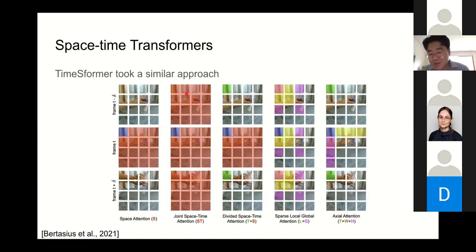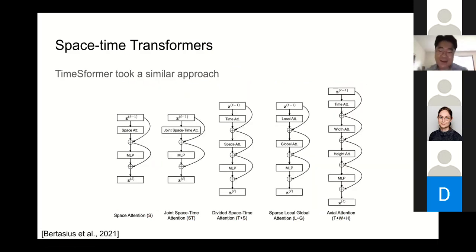And if you ask me which is better, I'm not really sure. But they are different ways of capturing space-time information by looking at the pairwise relations between tokens. So transformer is all about tokens. If we feed tokens out of a space-time volume, it becomes a space-time transformer.